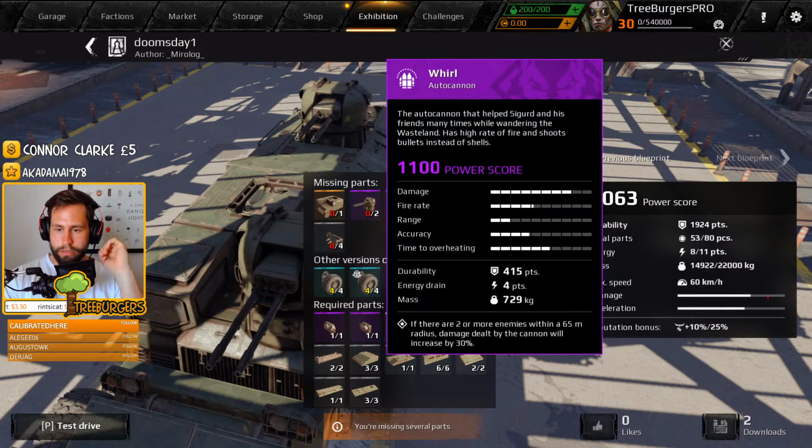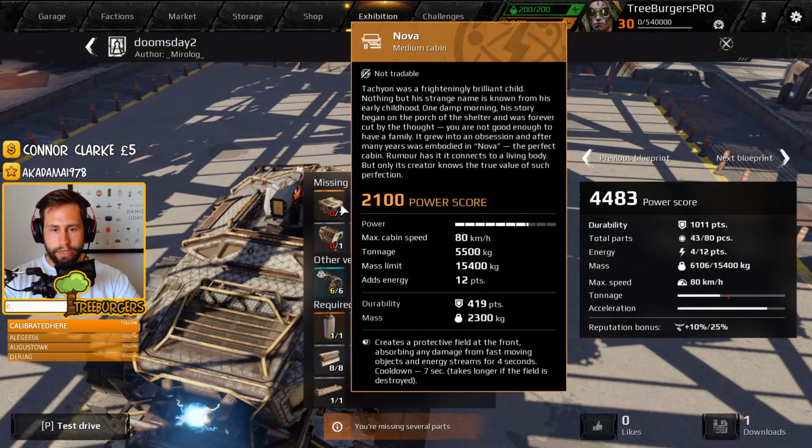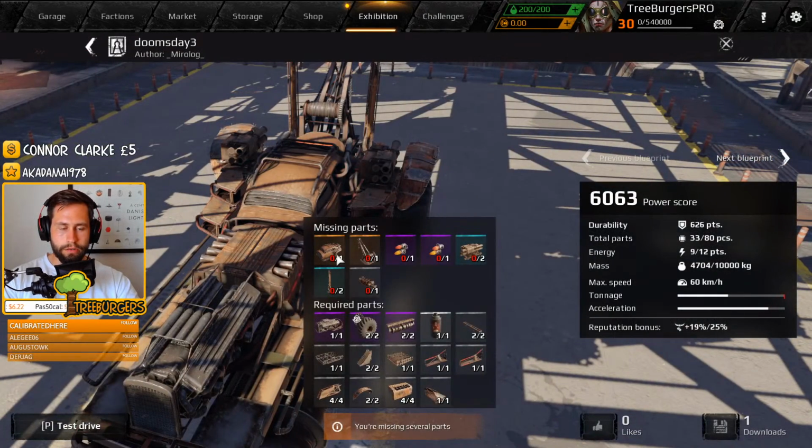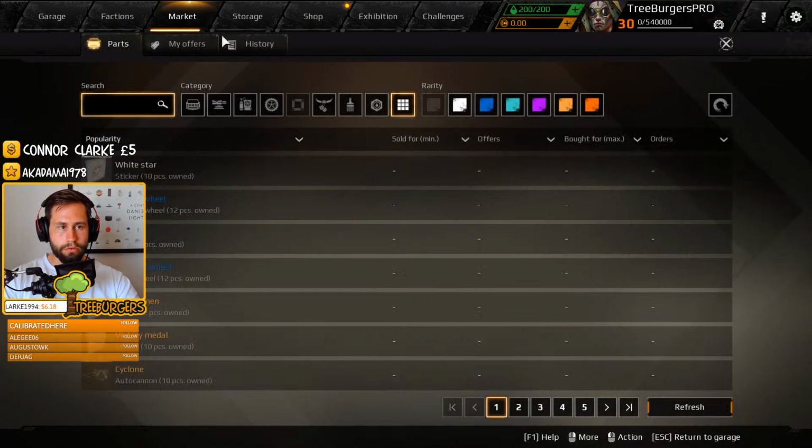Can we get that, please? Stats of the Nova, exactly. Of course you can. There we go. The Nova stats: 15,400 mass limit, 5,500 tonnage, 80 kilometers, and a solid amount of power. 419 durability. I'm actually kind of interested in seeing this one. This is a light cabin. 4,800 and 9,000 mass limit. How does that add up to...